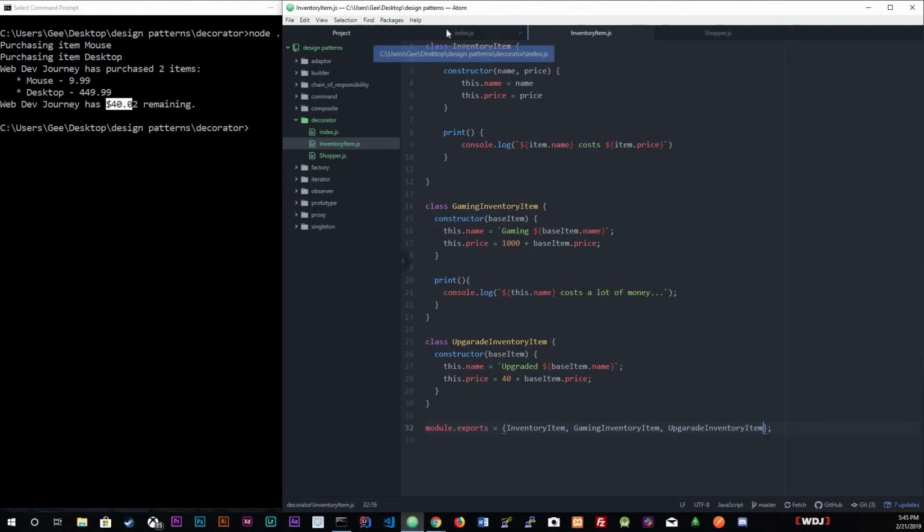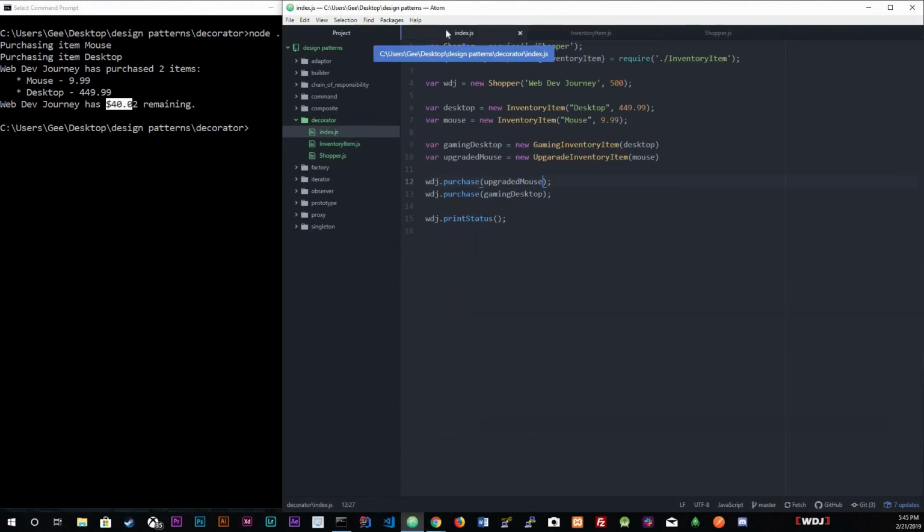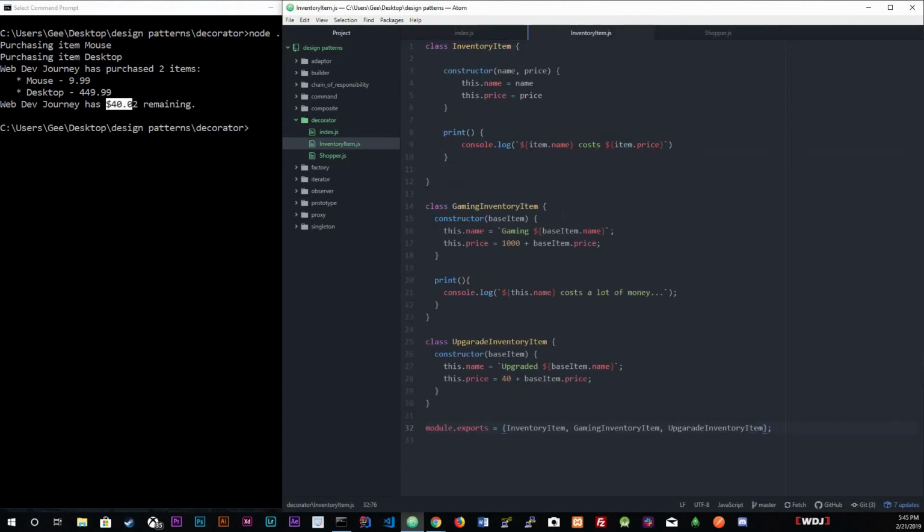Control save. Okay. So, this doesn't really make sense that much right now, but let me explain. We wanted to upgrade this desktop and put more functionality, wrapping it around a gaming desktop. So we want to make a gaming desktop out of this desktop. Every time a gaming desktop is upgraded from a base one, we're going to just tack on another dollars,